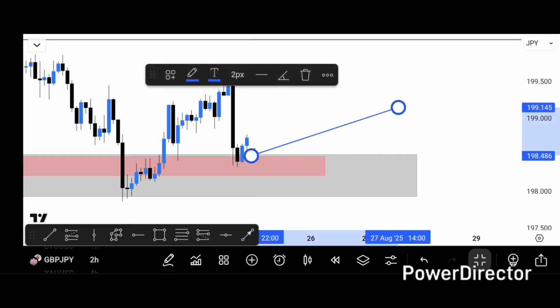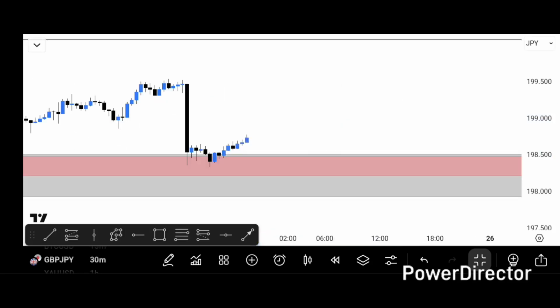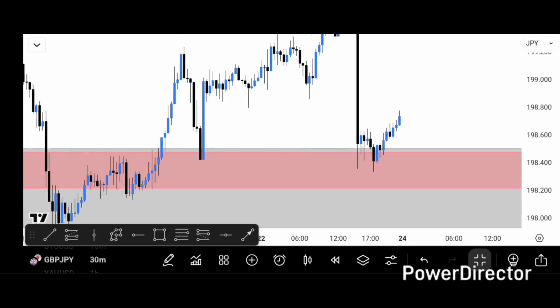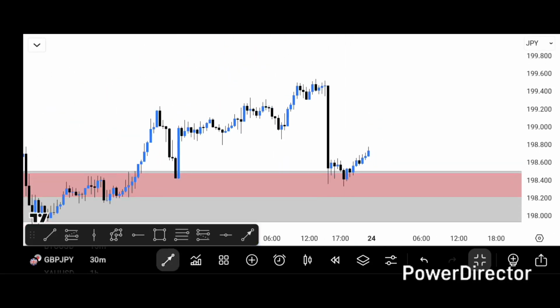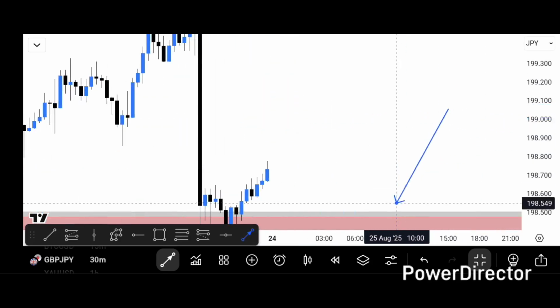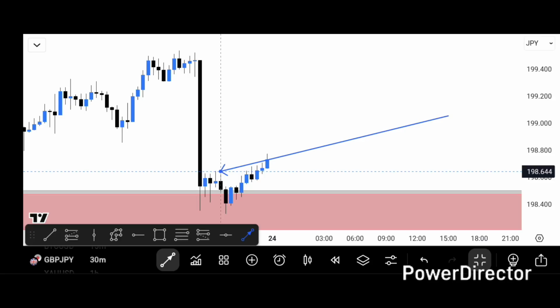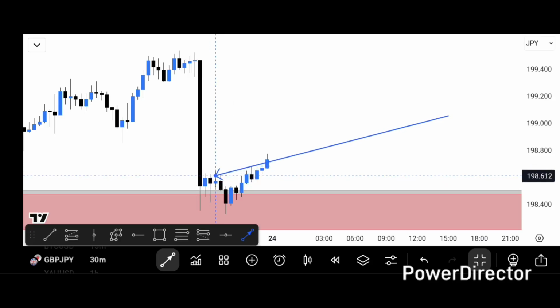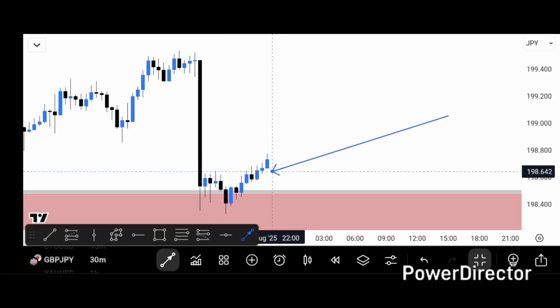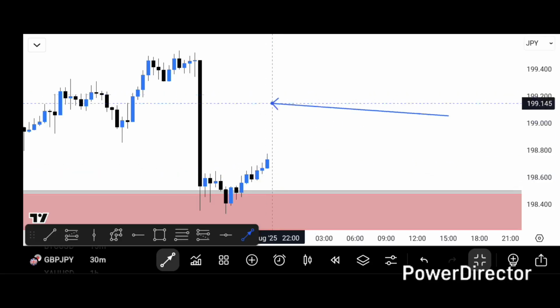So coming down to the 30 minutes time frame, what we anticipate on GJ is for GJ to have a retracement. Now in 30 minutes time frame, I'm expecting price to have a retracement back down to these structure points down here, this support zone down here, which you can also call the last lower high. So I'm expecting price to retrace back down to this zone, then from here reject it, then we'll enter those longs